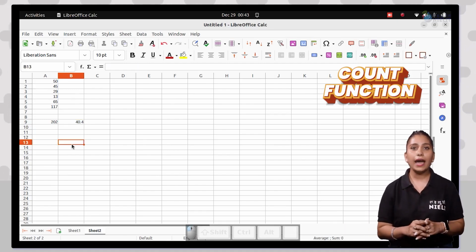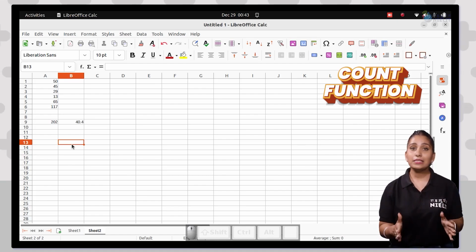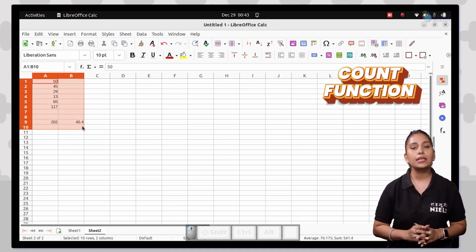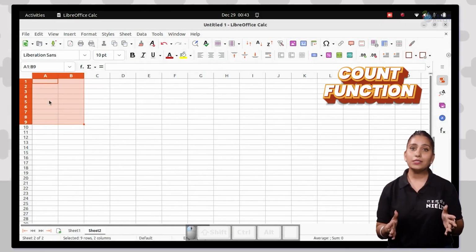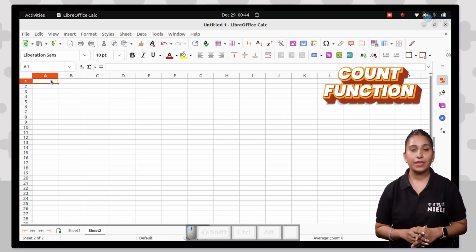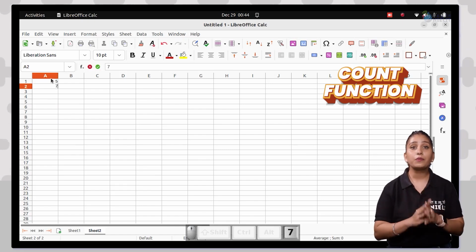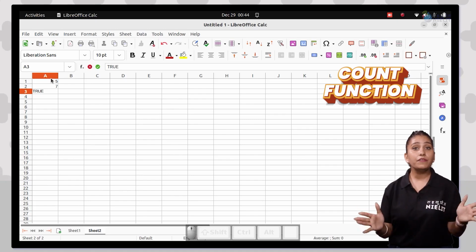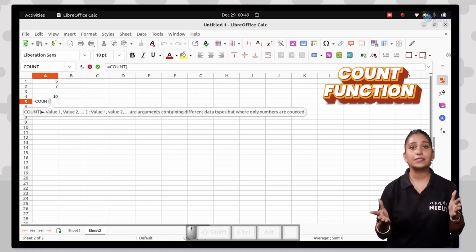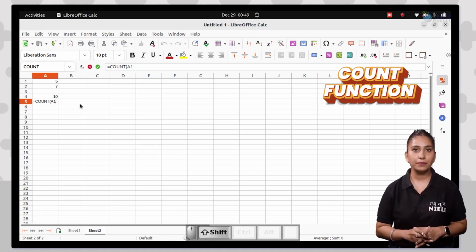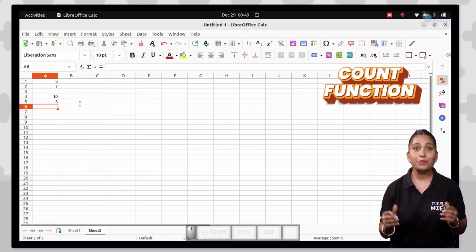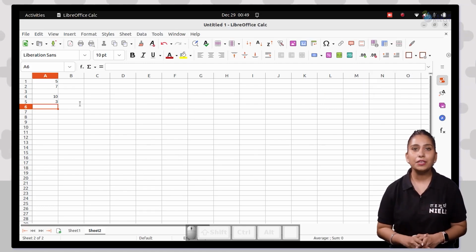Moving forward, we have the COUNT function. This function basically counts the number of cells that contain numbers, and numbers within the list of arguments. Argument type for this function is any type. The result returned is a number. Syntax is COUNT(value1, value2). Example: if the values contained in cells A1, A2, A3 and A4 are 5, 7, true and 10 respectively, then =COUNT(A1:A4) will return 3